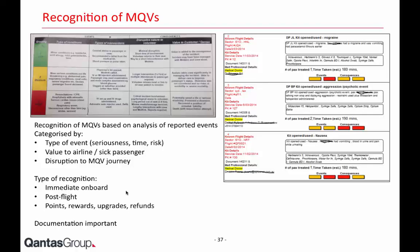Recognition, we do have a system of recognition. You can't read that, but essentially the message here is that, green, yellow and red, we code events. The pharmacist who does the kits goes through and looks at what was used, how long did the emergency last, what was the impact to the flight, did someone save a diversion, did they save a life, how much of that doctor's journey was disrupted, were they on their honeymoon and they'd just bought business class